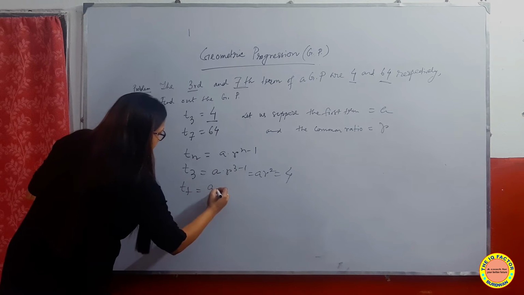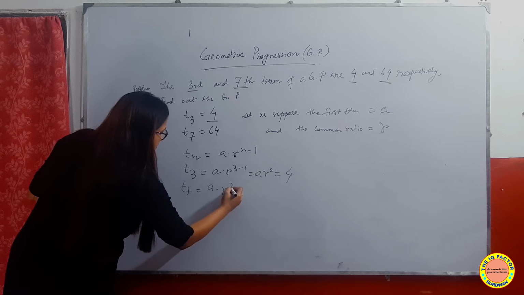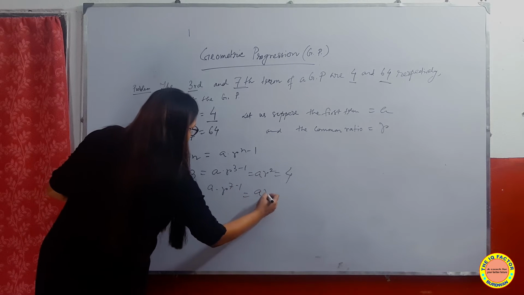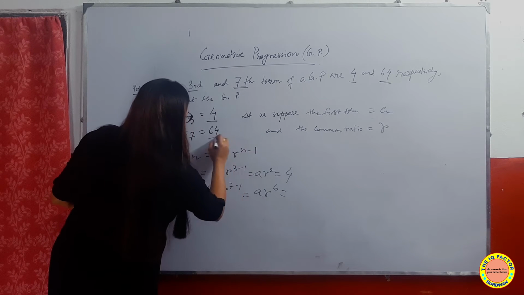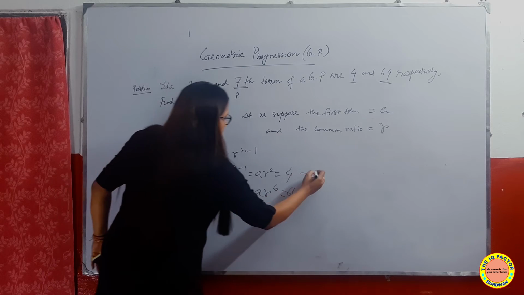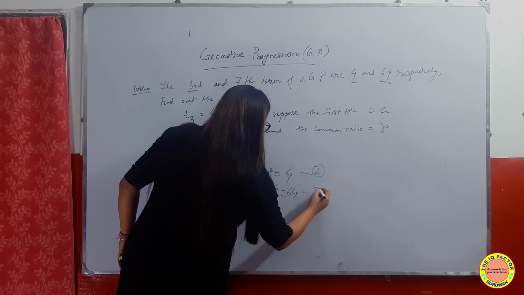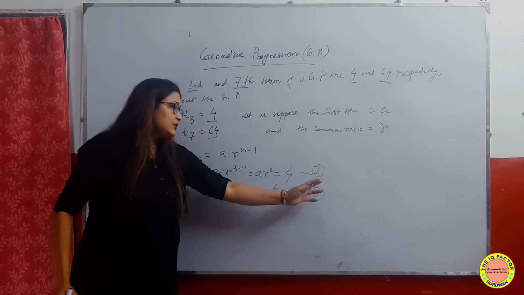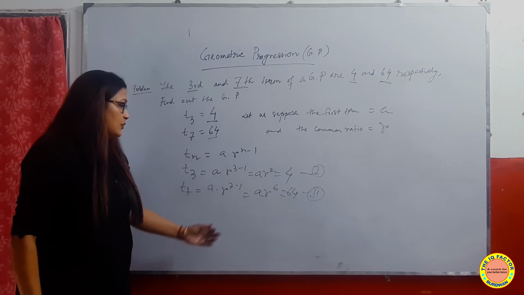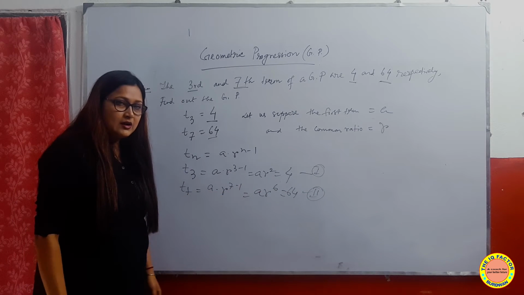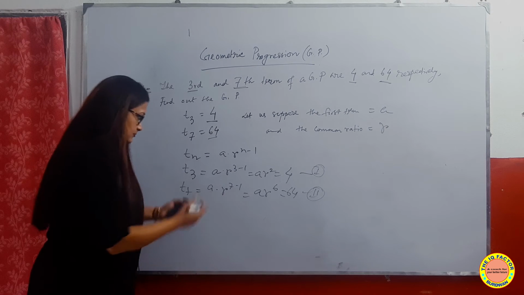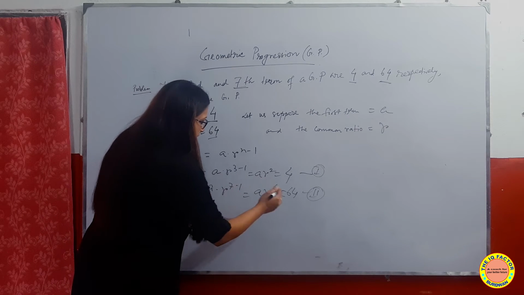T7 is a r to the power 7 minus 1, that is a r to the power 6, which is 64. So if this is equation 1 and that is equation 2, solving equations 1 and 2, we can get the value of r and a. So simply dividing